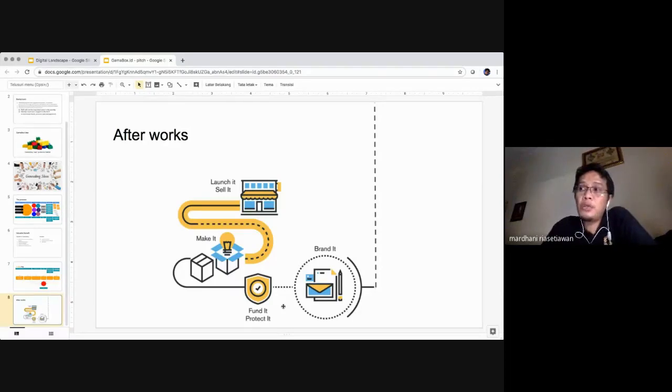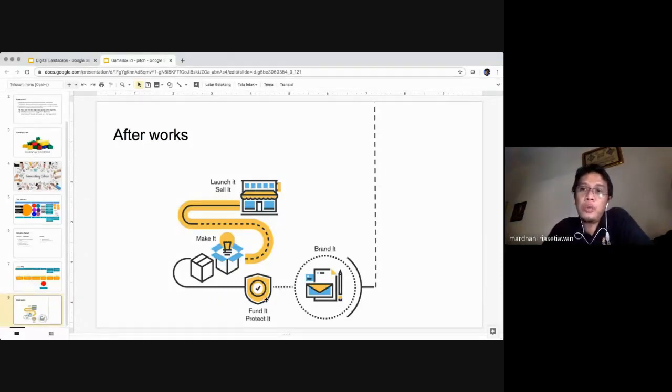And then after that, you can fund it. It means if you pass that stage, you can share your product with investors, for example, and communicate with them that yes, you have your product.